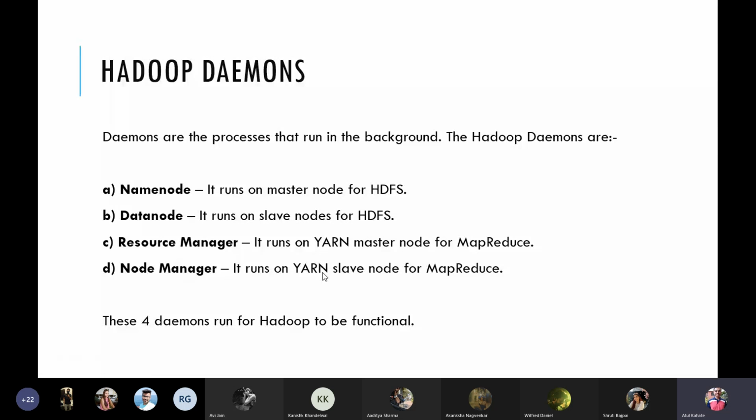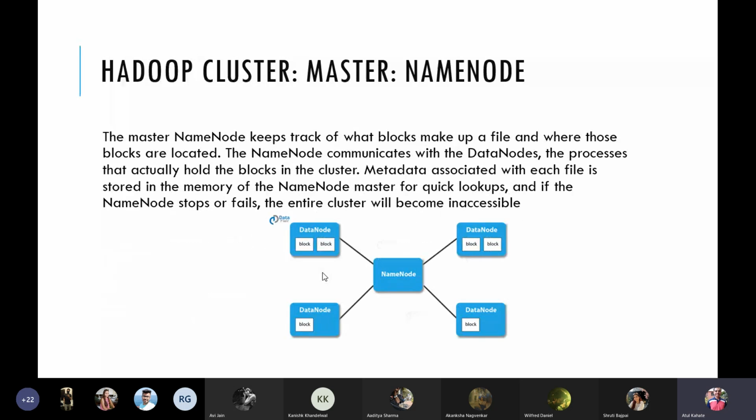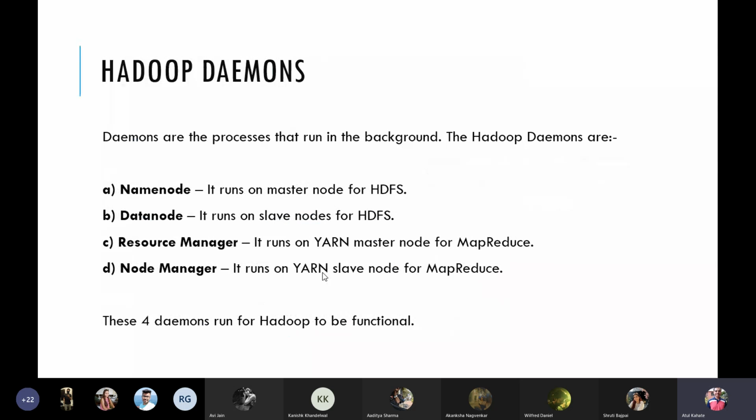So we'll now see some details of how these processes are used by HDFS and YARN. When it comes to HDFS, just to go back to our earlier slide, HDFS name node is our main node on the master.